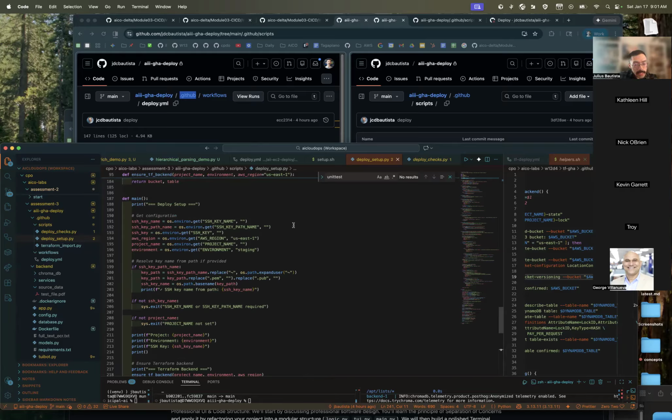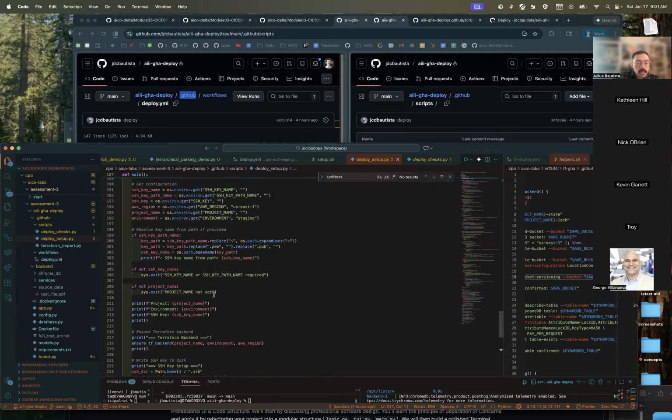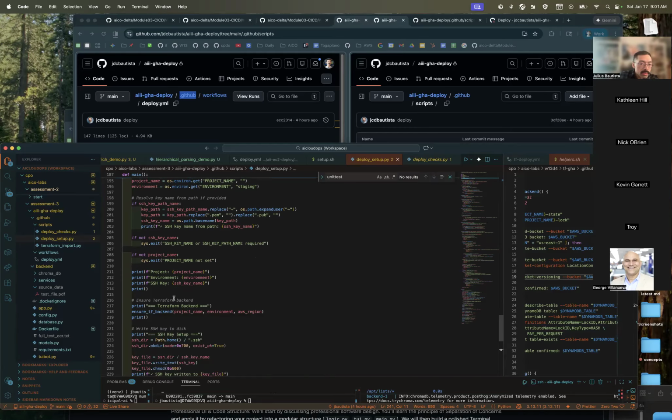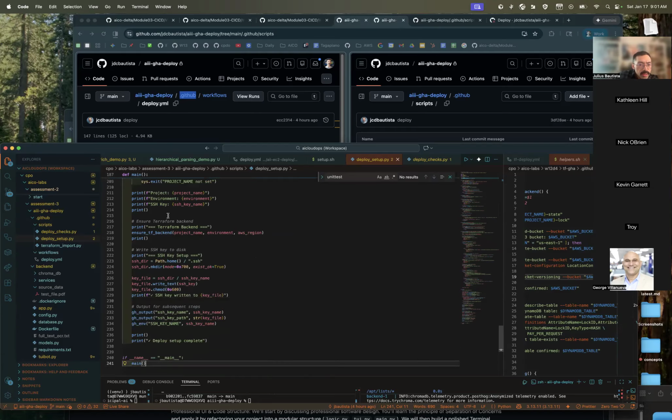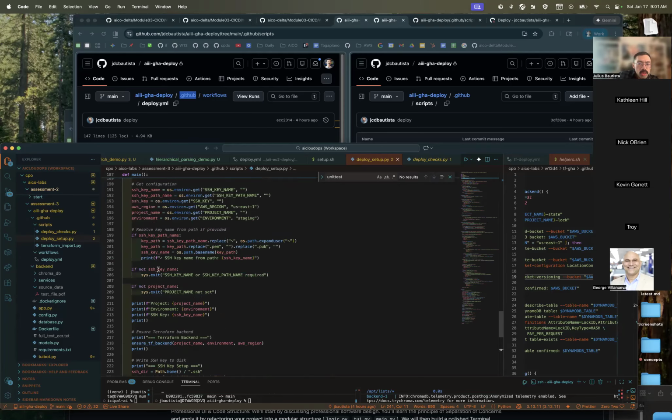This could probably be cleaned up a lot. It's mostly for handling different naming conventions when pushing up things like your SSH key, and then running some logic to confirm things like the Terraform backend. Is it set up? Can we SSH onto it, etc.